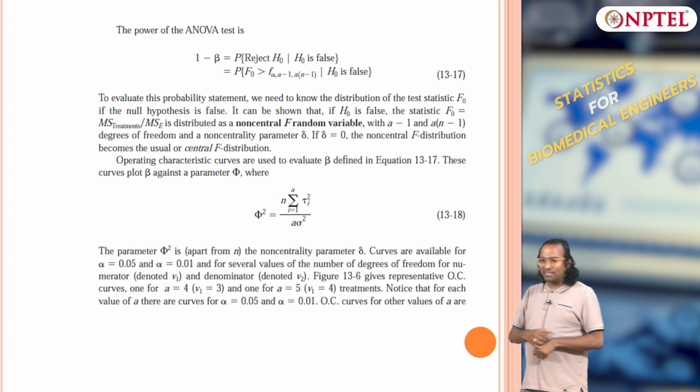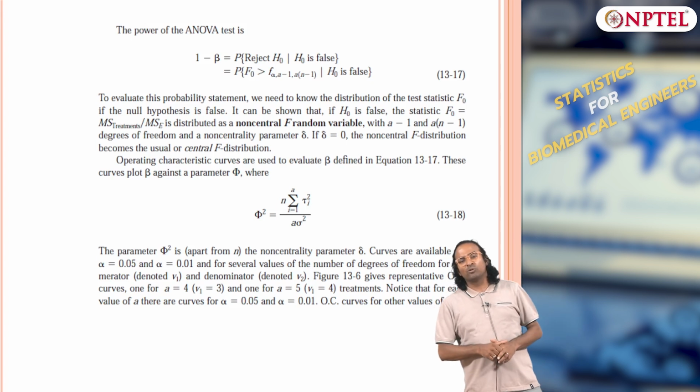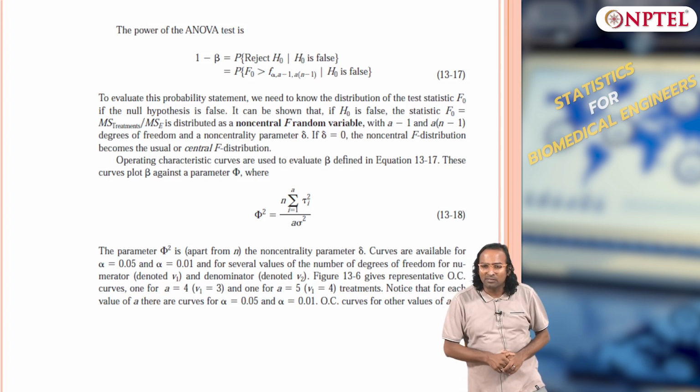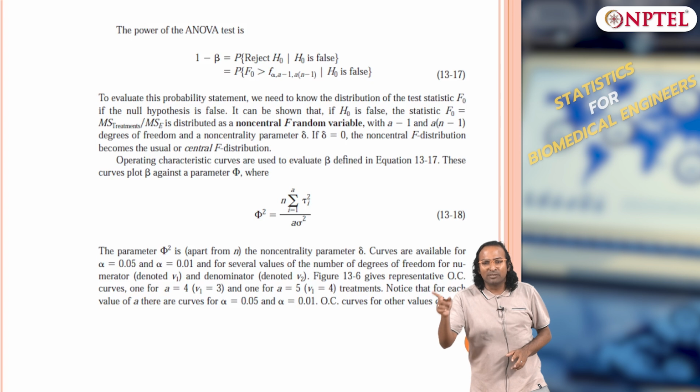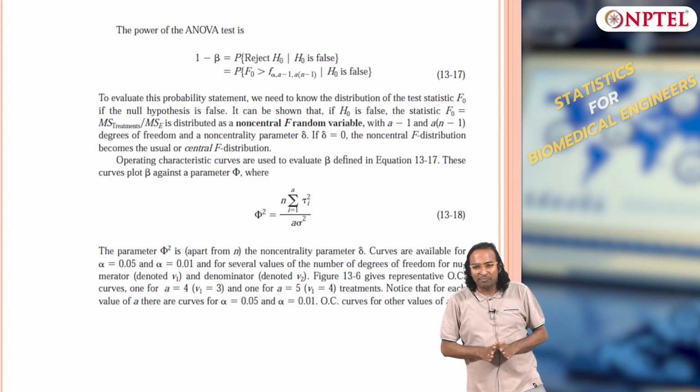Those are the tricky bits, and that is why, to reduce beta, the only way is to do what? If you do not change alpha, to reduce beta, the only way is to change the sample size n, otherwise you cannot reduce beta. These are the things which we have learned earlier also.